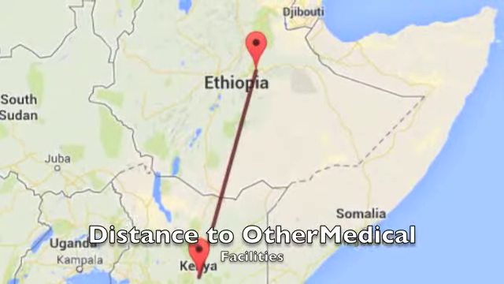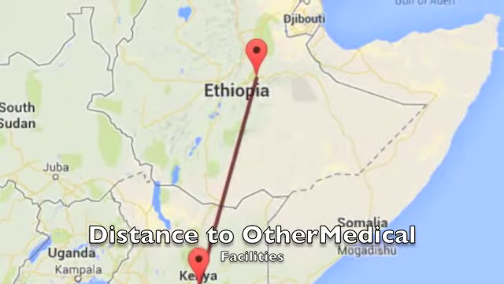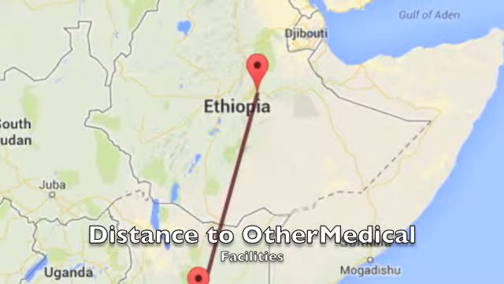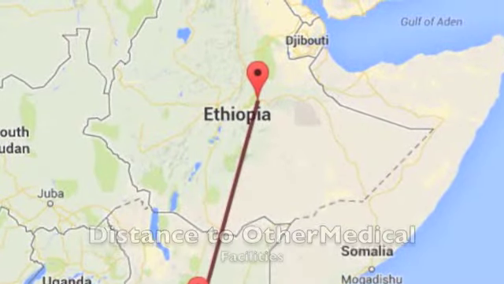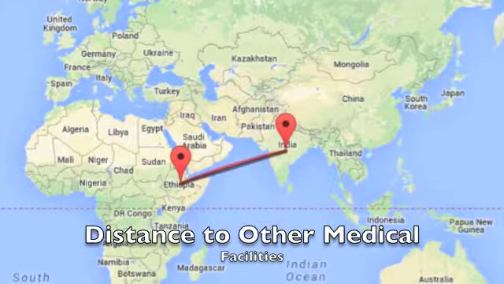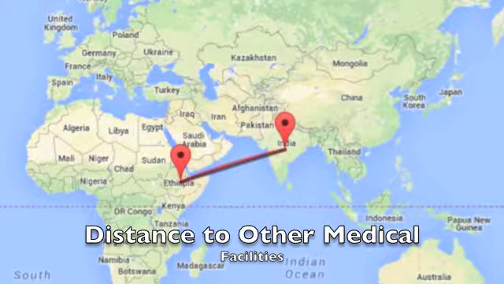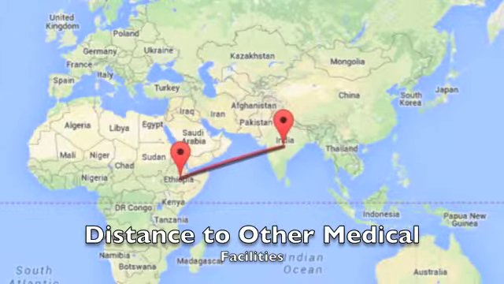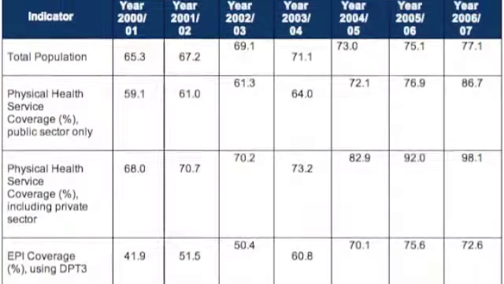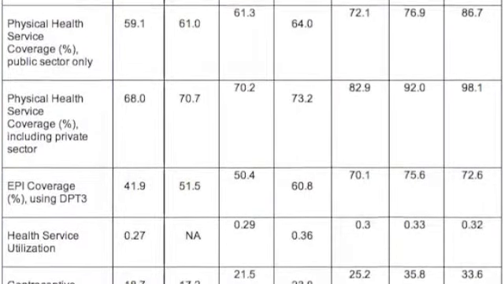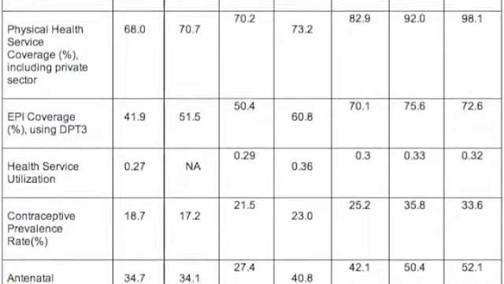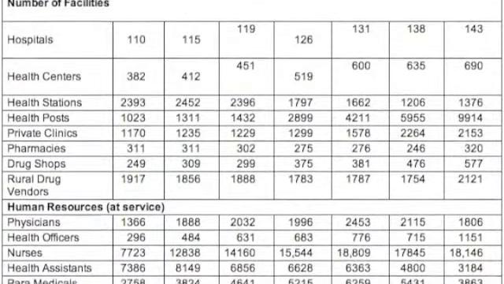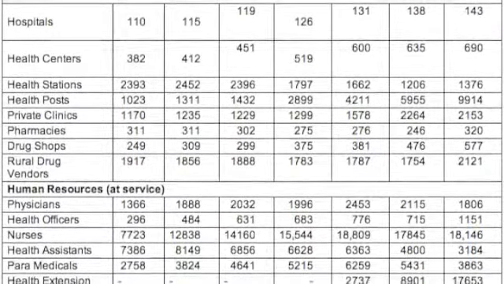Through his connections with the Joint Distribution Committee, he has limited funds to be able to send these patients to India and Kenya for spinal and heart surgeries respectively. These are the closest and most affordable medical centers for Ethiopians to use. Since Ethiopia's surgical resources are so scarce, they are forced to rely on other countries for emergency procedures such as this. Shown in this chart are the population numbers in relation to the types of healthcare that are available for use by citizens, as well as the number of up-and-running facilities for healthcare throughout the country.